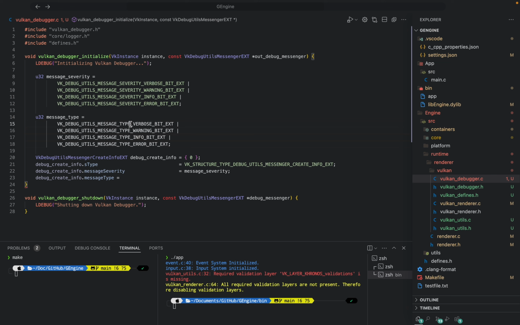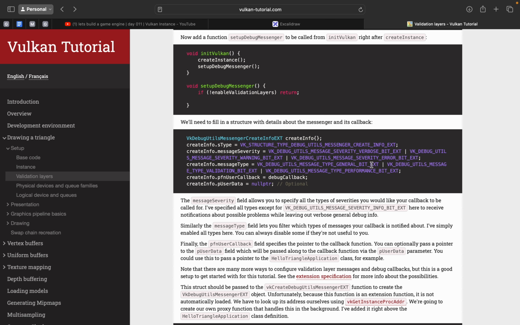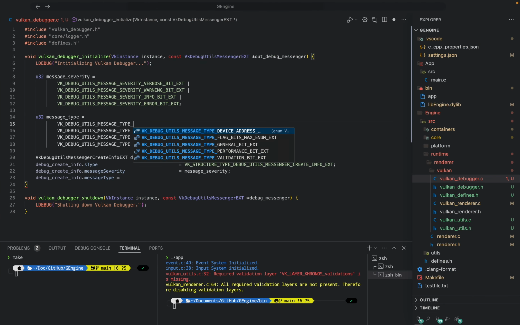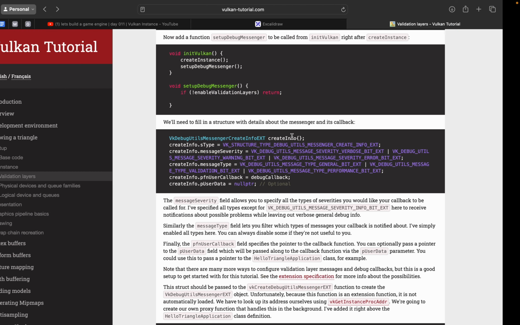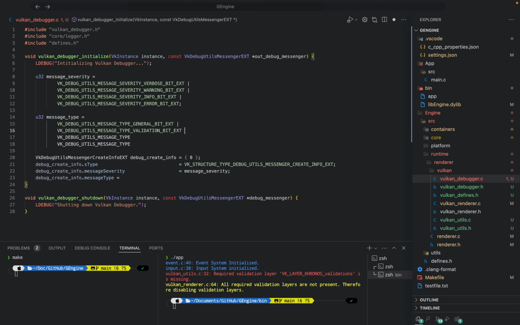So this is where things take a turn, so let's just get rid of that like so. So message type, we have general bit, right? Then we have validation bit, then performance bit. So type, let's do general bit, then validation bit. So general, validation, and performance. So let's do validation,